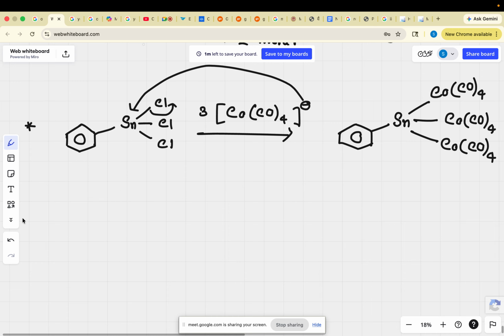clear? Yes. Okay, suppose you have this chromium CO whole 5